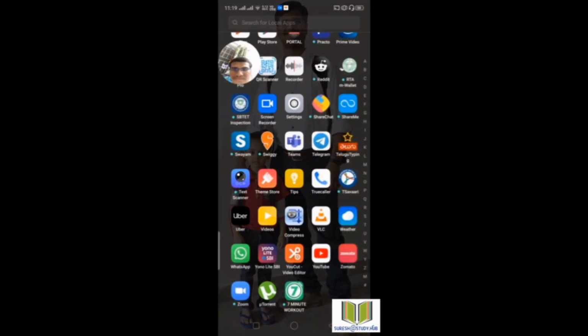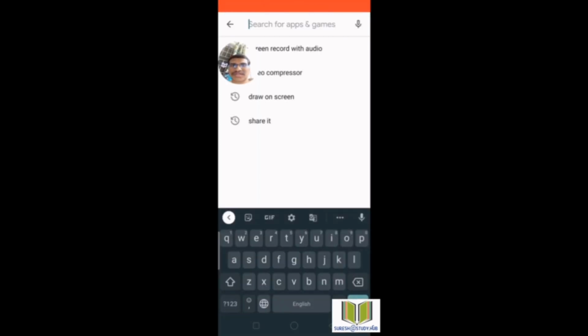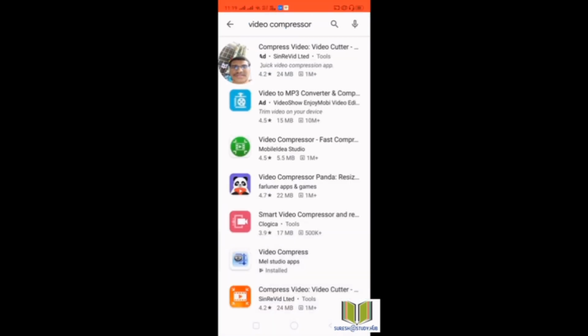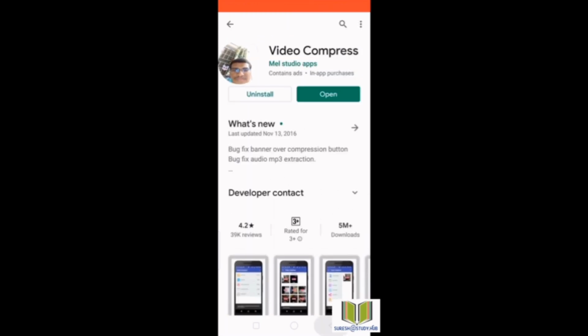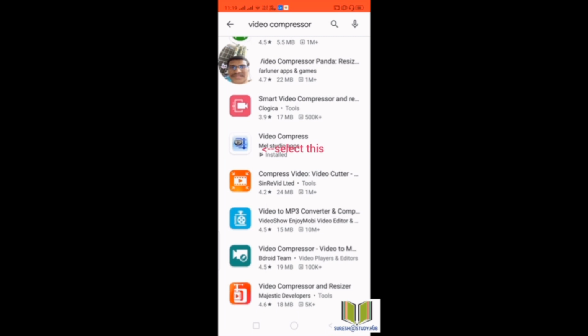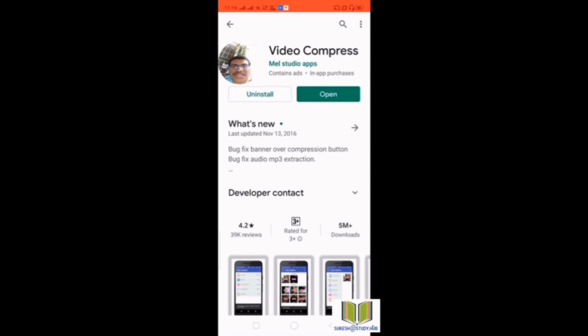You just go to this one. Once again you go to the Play Store, and you select this video compressor. In that, just go to Video Compress, this app. So select that Video Compress by Mel Studio apps, and as I already installed it, it is directly showing open.